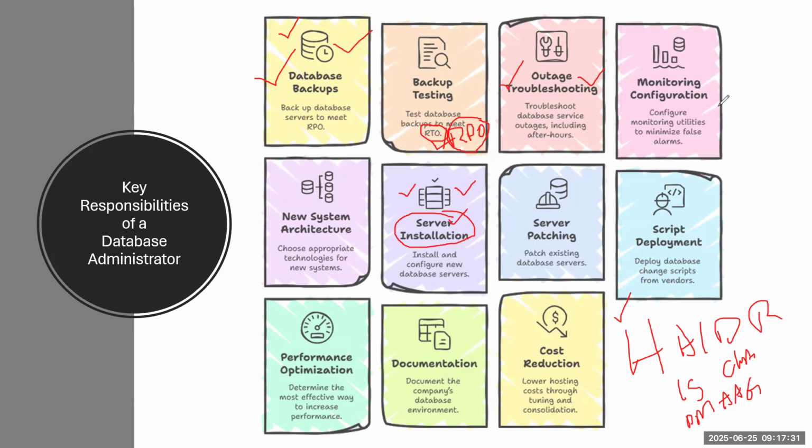Also, one of the most important is patches and updates. Patching is also a very important activity. As a DBA, every month we'll go for patches, or every 2 months, or every 3 months. So how to apply the patch? What types of patches are there? In case something happens, how will you troubleshoot?